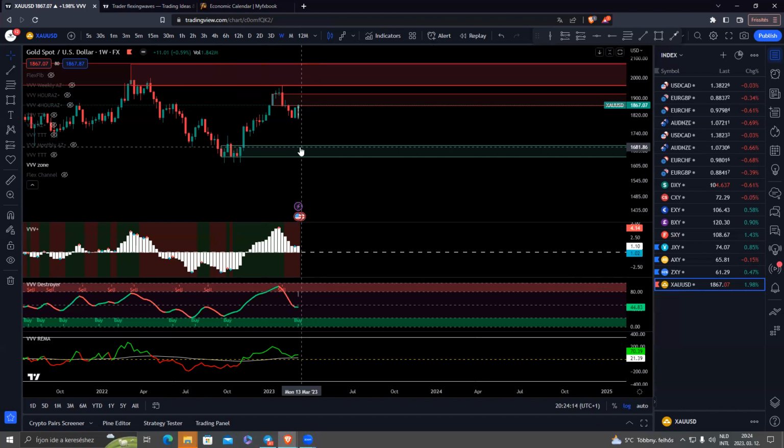First of all, we got the cross on the VV plus. We got the buy signal on the destroyer. The REMA is crossed on the zero line and it's still in green, so there is a bullish momentum. But but but